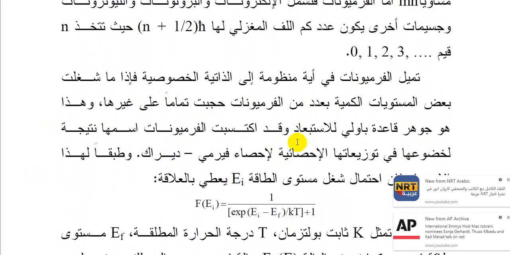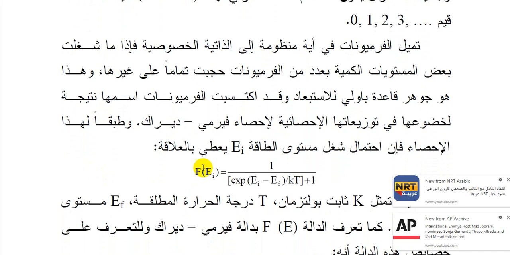And this is the elixir of the Pauli exclusion principle. And the fermions acquired their name due to their subjugation to, or their satisfaction of, the statistical distribution of the Fermi-Dirac distribution function.